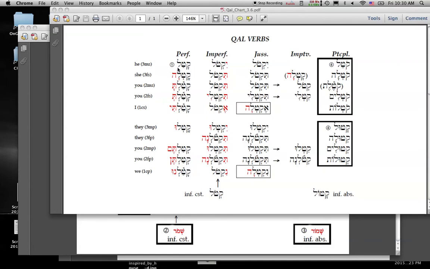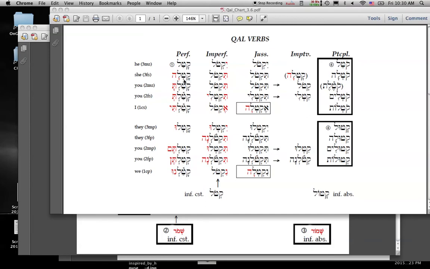Katal. The root katal has to do with killing. Again, it's used because it's strong, that is, there's nothing weak going on here. Every consonant, kof, tet, lamed, is a strong consonant. They don't have any irregularity. So katal: hu katal, he killed. He katela,